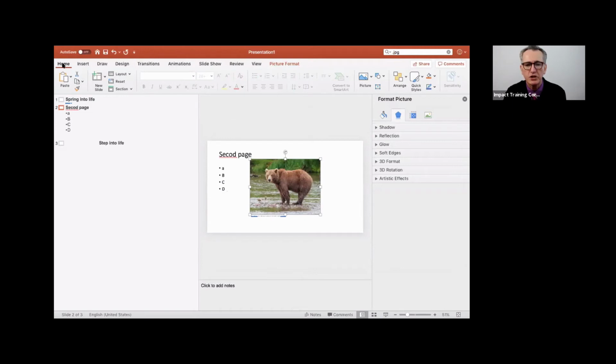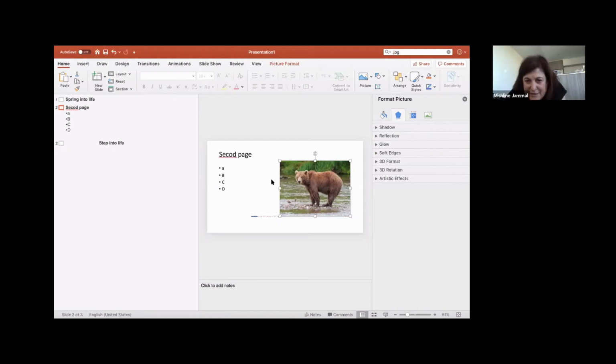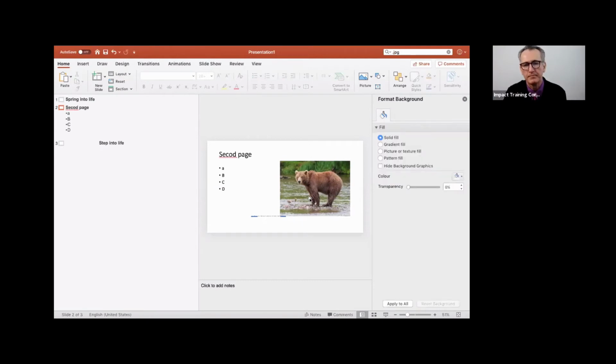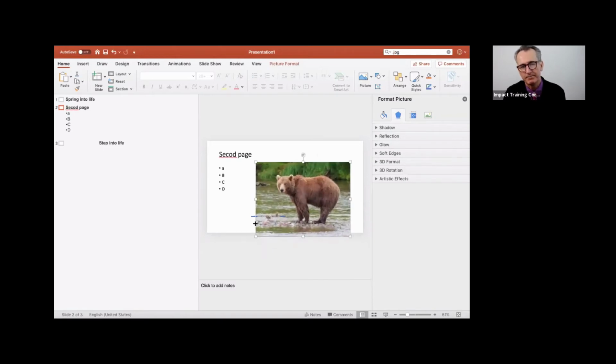Now, for whatever reason, it's not letting us do it automatically for you, but what I'll get you to do is, where you've got your little bear, move the bear around a little bit. You can move it anywhere on the screen. Terrific. Now click the bear again and see all those little squares around the bear? If you hold your cursor down, you can make the bear bigger. Go to the corner and hold your cursor down and drag it. That's it. You'll make it bigger.